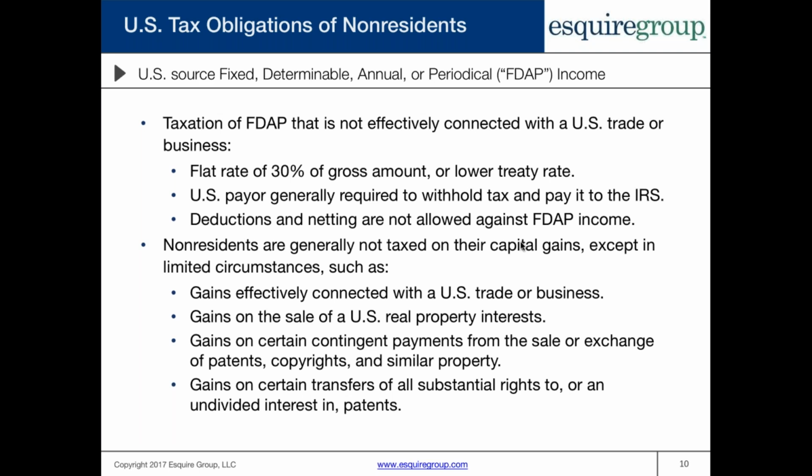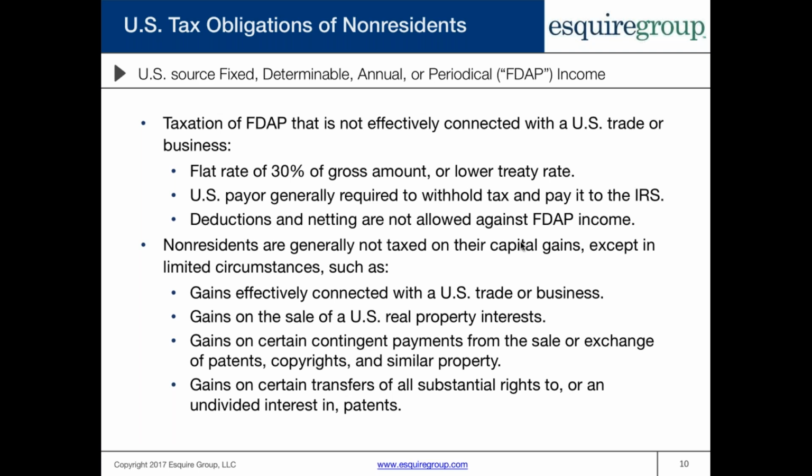So going back to the example of the Panamanian resident receiving a dividend from a U.S. corporation, let's say, for example, the U.S. corporation did not withhold the 30% tax and pay it to the IRS like they were supposed to, and they paid the entire $1,000 dividend to the Panamanian resident. Because the entire tax liability was not satisfied through withholding, that Panamanian resident would then have to file a U.S. income tax return form 1040 and report that $1,000 dividend and report that there was no withholding on it, and then pay that 30% tax on that dividend.